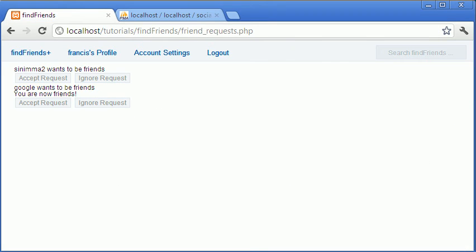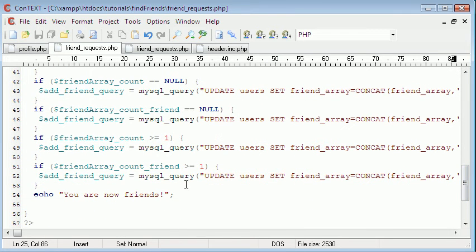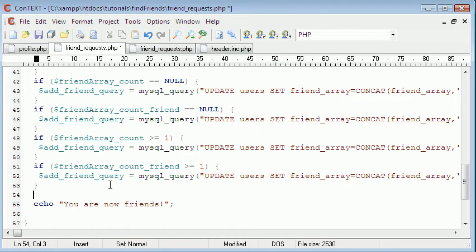So now that works, we just need to add code to actually remove it from the friend request table, because once you accept the friend request, you want it to disappear. You want these buttons to disappear so that you don't keep accepting the same request. So that's quite simple. All we have to say is create a variable, call it delete request, and equal MySQL query